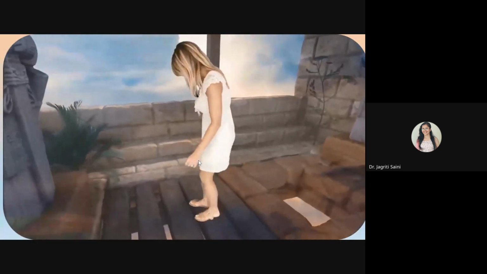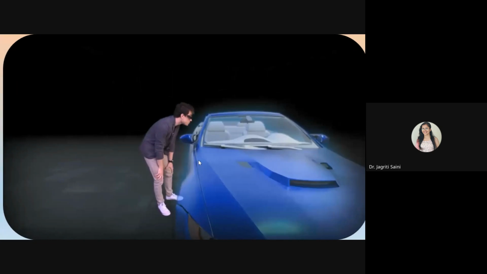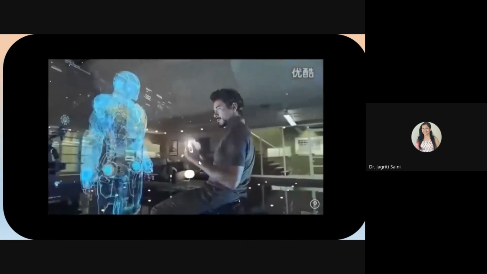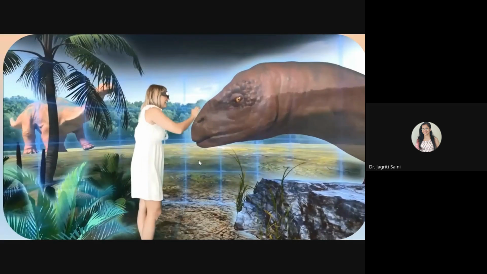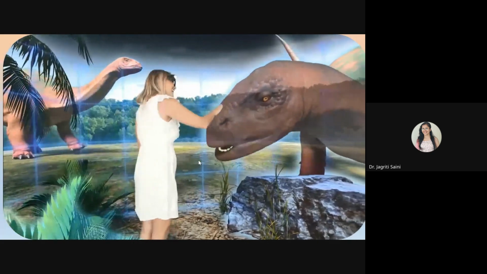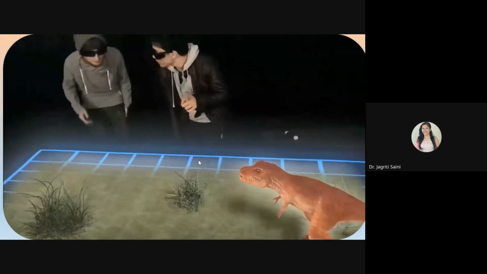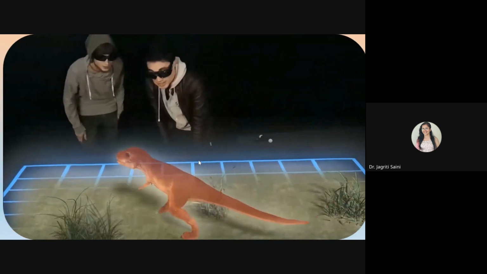Axiom Holographics produces more hologram devices for more industries than any other company in the field. Perhaps you've seen holograms in movies like Star Wars or Star Trek. Holograms are objects that look solid, but they're made out of light. We do this with laser projection, and we're also the company that invented the multi-user lightweight bending technology that allows multiple people to see a hologram at the same time.